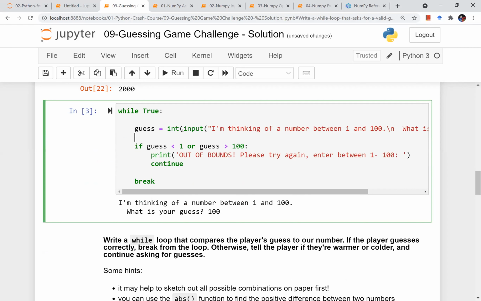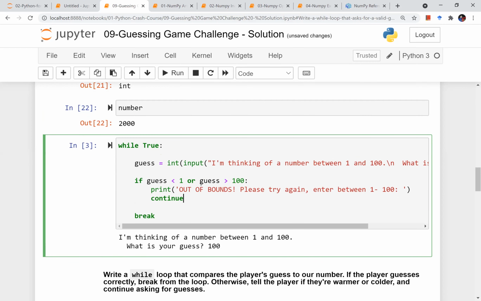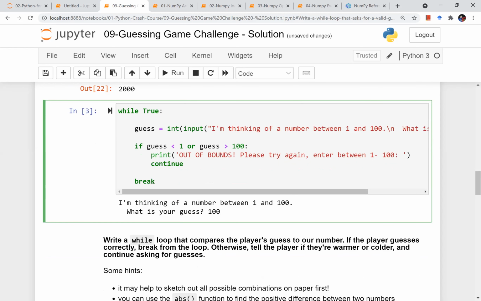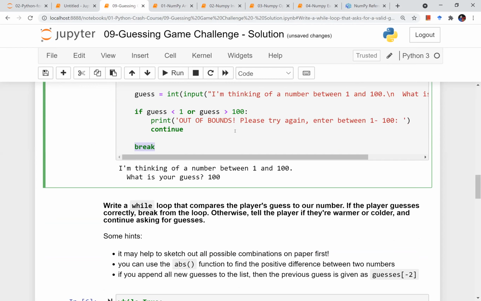There is no need of doing int here. You can just take the input and check it. So if type of guess is equal to str, then say enter a number. Elif, then you can put one more condition: if type of guess is equal to integer and guess is between 1 and 100, then do this. That can be a different approach that you can try. So this continue keyword means if this condition is true, then you continue, otherwise you break the loop. It will break out of the loop once it is done, right?